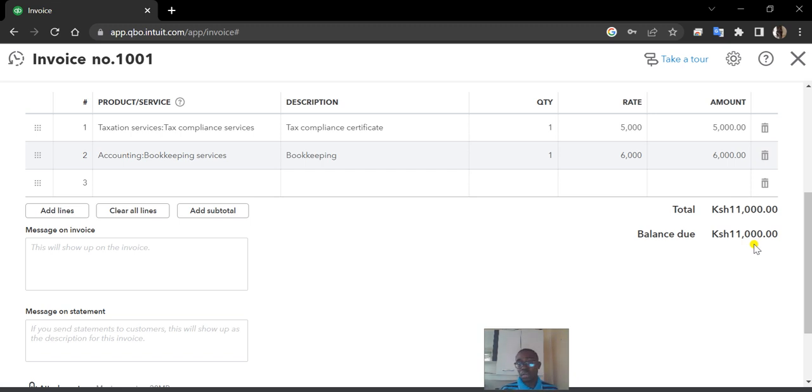I know one will ask, what if in the event that we normally talk of the deposit received, or whenever you're talking of discounts that we are supposed to give, how are we supposed to insert that? Definitely I'm going to guide you on the same. So you can literally have a message on the invoice, whereby you can have, say,